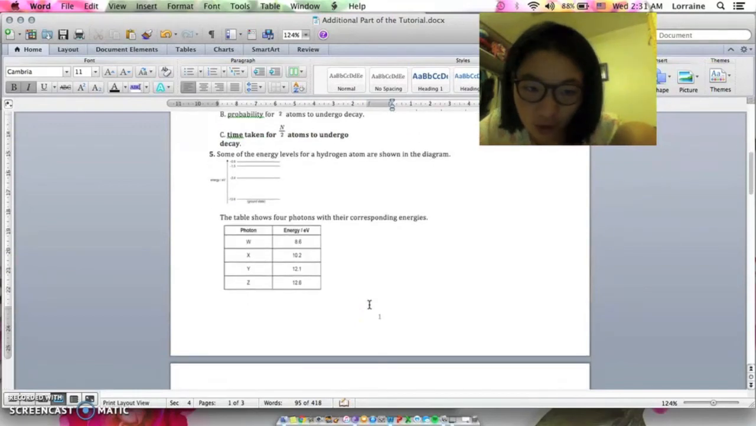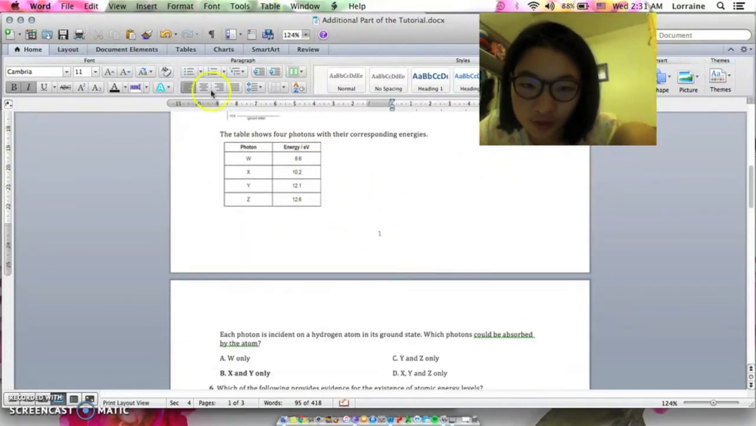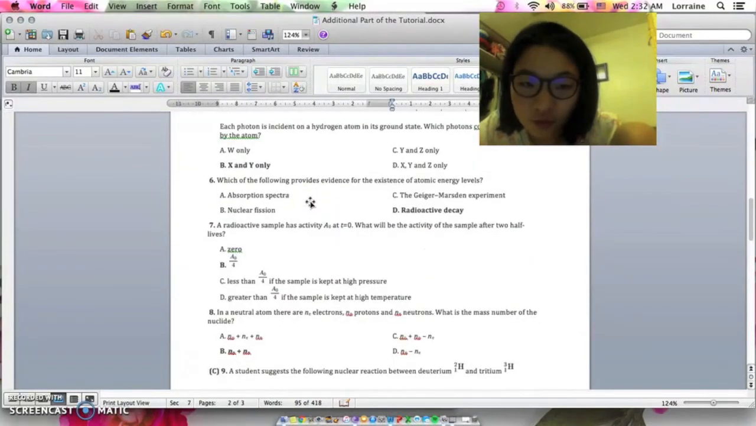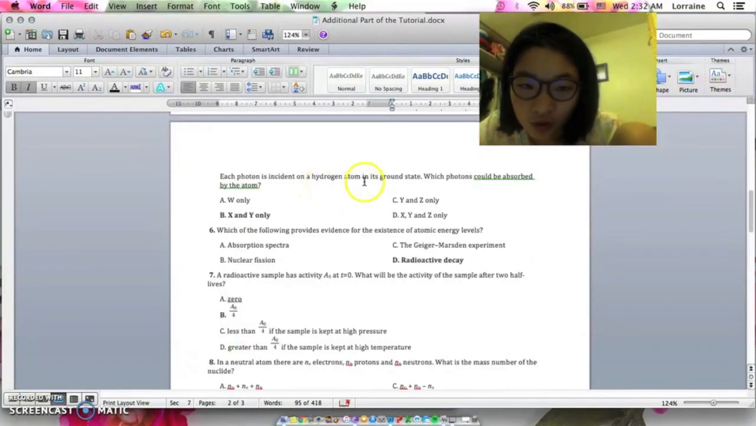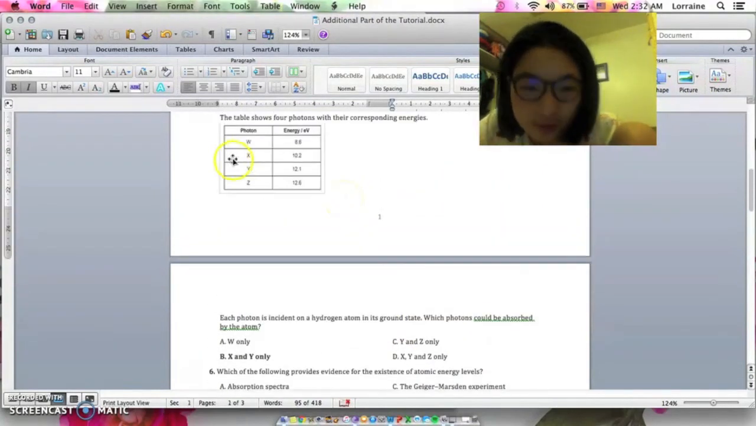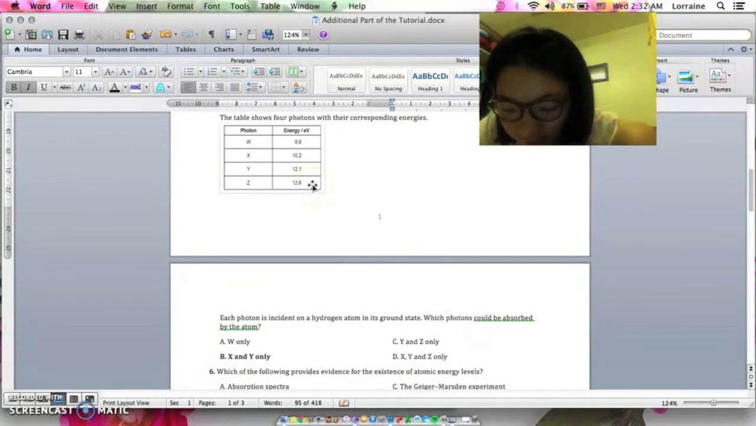For the next number, some of the energy levels for a hydrogen atom are shown in the diagram. So this is the diagram. I hope you can see that. And this is the table which shows the 4 photons with their corresponding energies. W, 8.6, X, 10.2, Y, 12.1, Z, 12.6. Each photon is incident on a hydrogen atom in its ground state. Which photons can be absorbed by the atom? My answer here is X and Y only, since what I did is